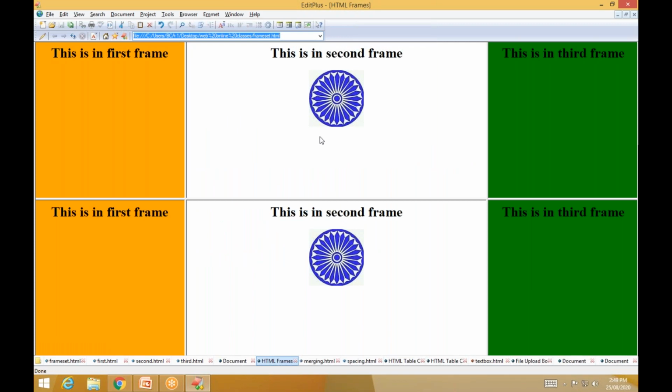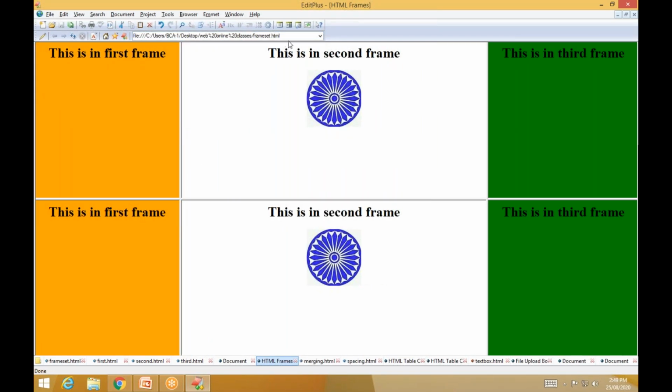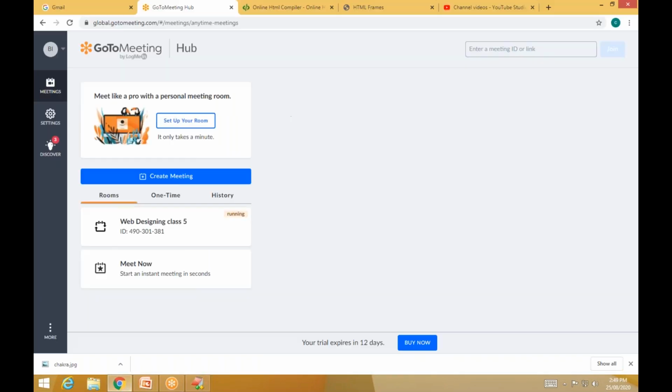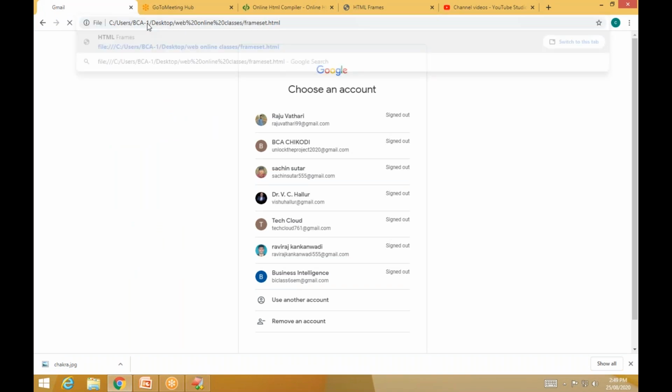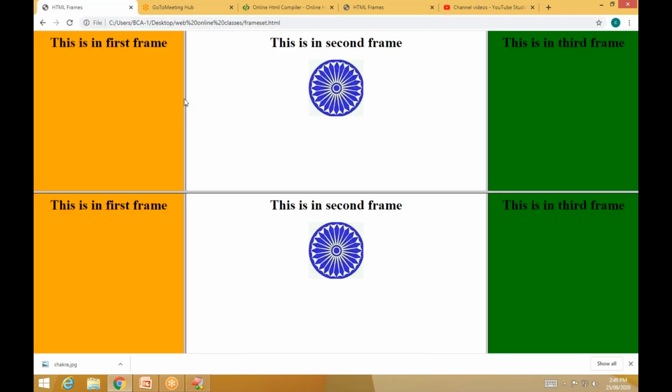In the editor it is again resizing. So I want to execute in the browser. See, like this. Now you cannot resize.